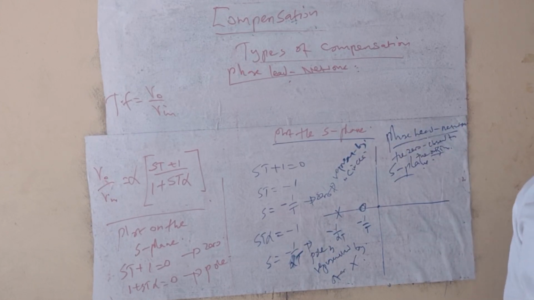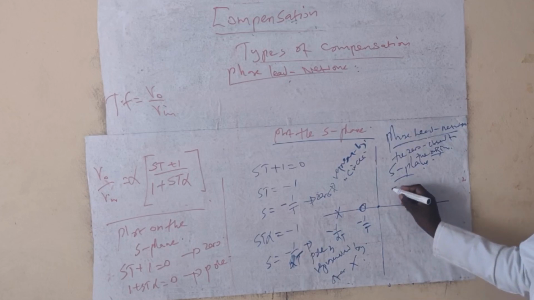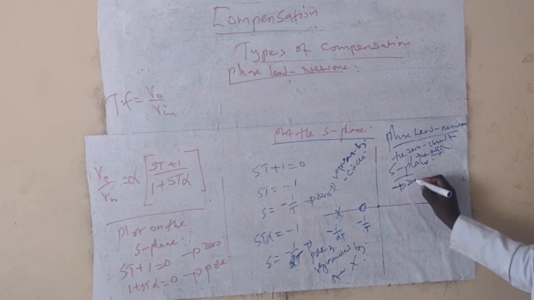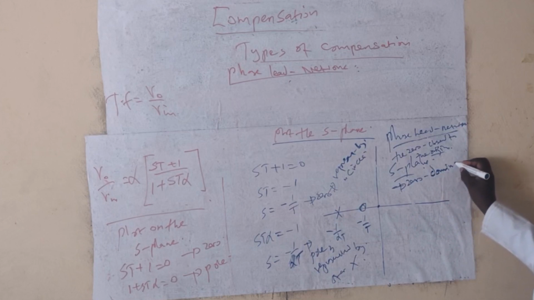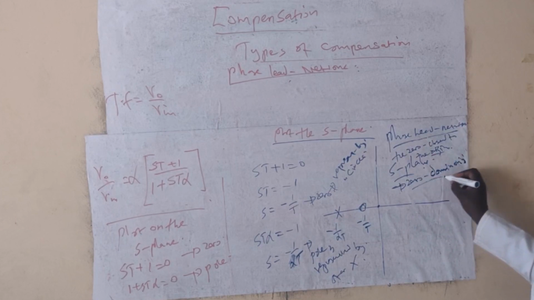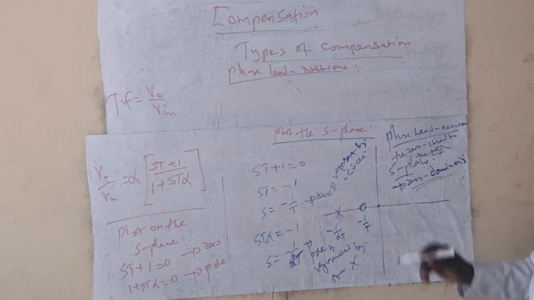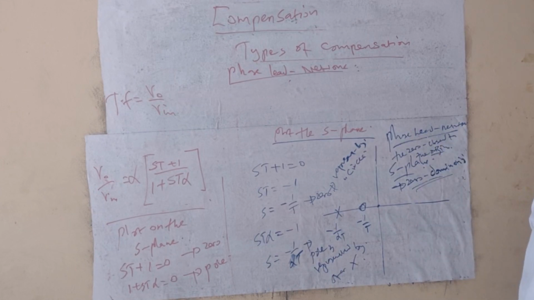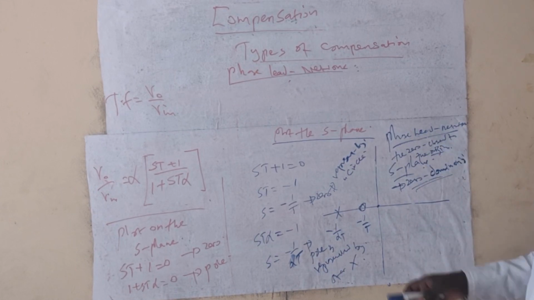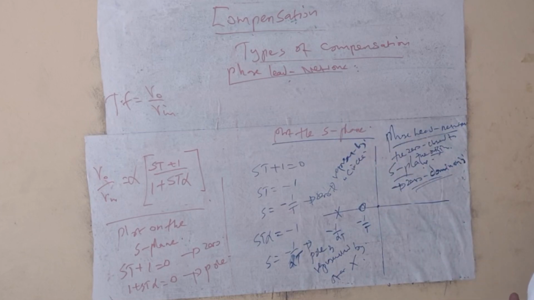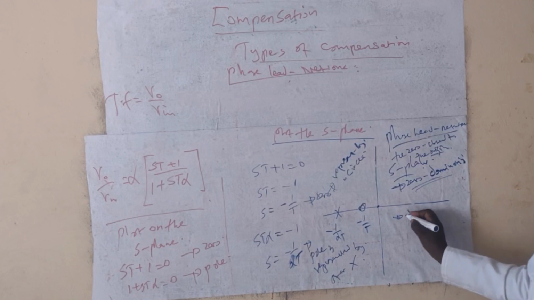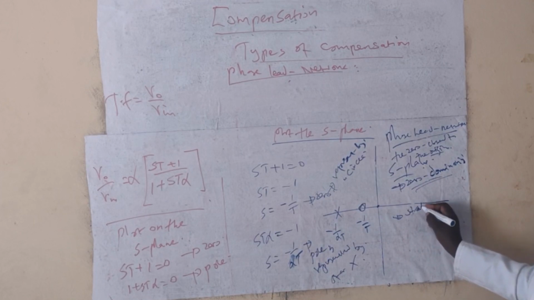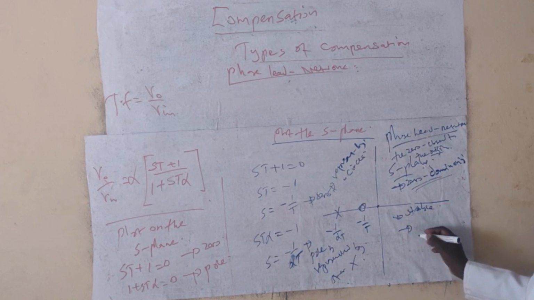If it is close to the origin, then you call it zero dominating. So zero dominating in the phase lead. In this system, zero dominating means that the system is stable, and again